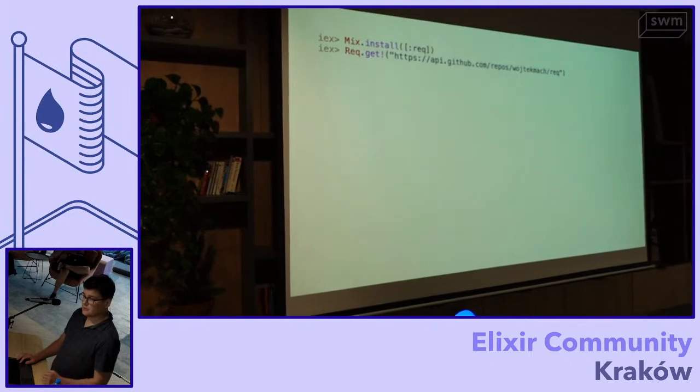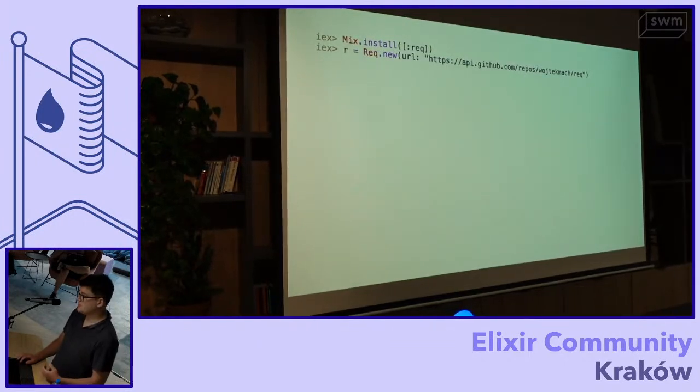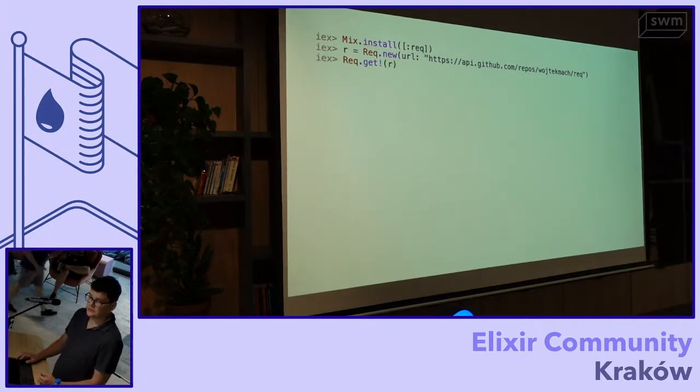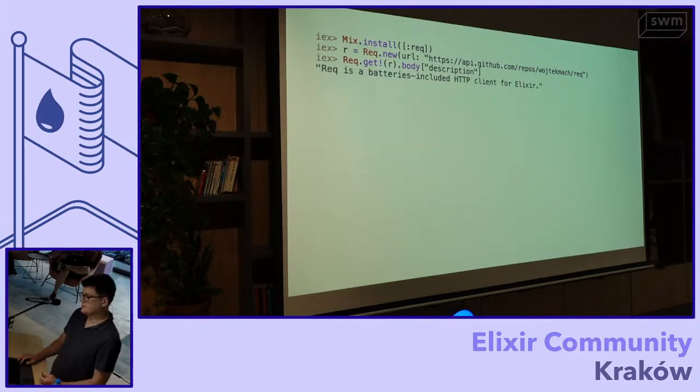Instead of making the request directly, we can also first build up the request, maybe save it somewhere, and only later actually execute it. Again, we have the same result. The idea is that you would use these two different approaches in different circumstances. Maybe with the first one, you're just playing with something or exploring an API, having a one-off line. This second approach is especially useful when you are building up the request first with some basic options like the URL or headers, authentication, and then later on you want to do a bunch of requests using the shared setup.